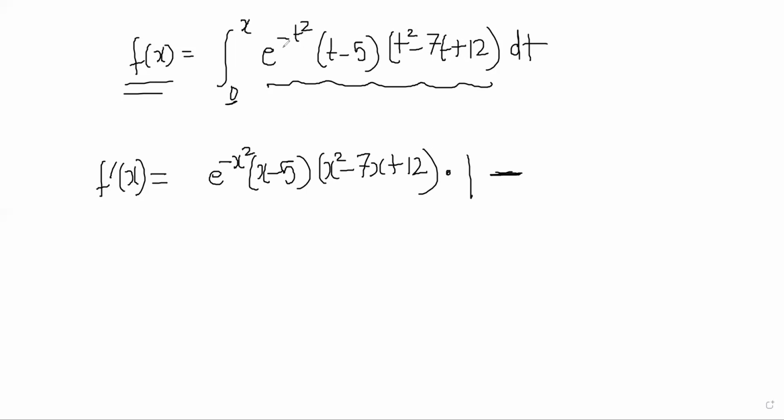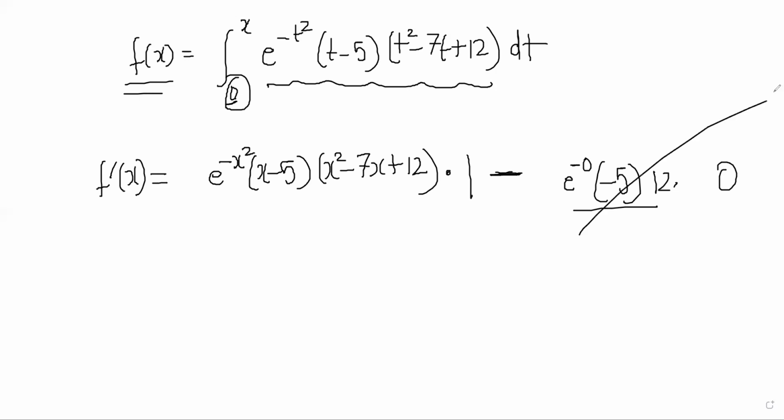You have to put 0 in the place of everything. So that may not be 0 actually. It will become e power minus 0, minus 5 and 12. But the differentiation of that is 0, no? You have to differentiate this part also. So if it is a constant, that term will disappear, right? Are you understanding what I'm doing? Okay, so this part is gone. So the f dash x has come very easily.